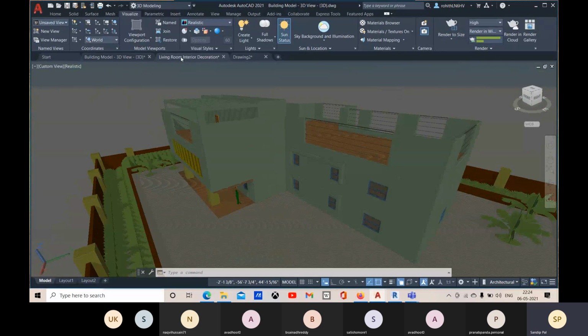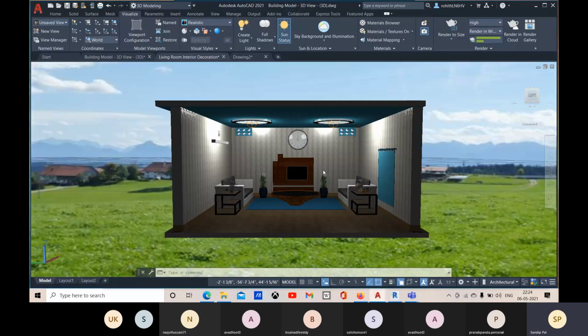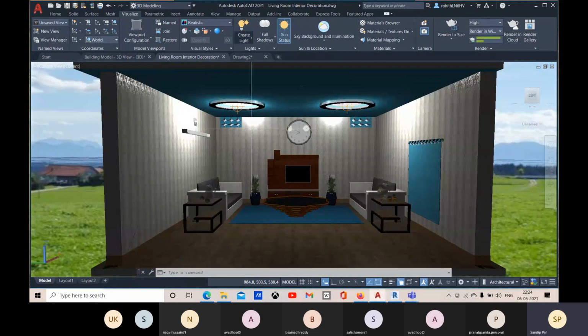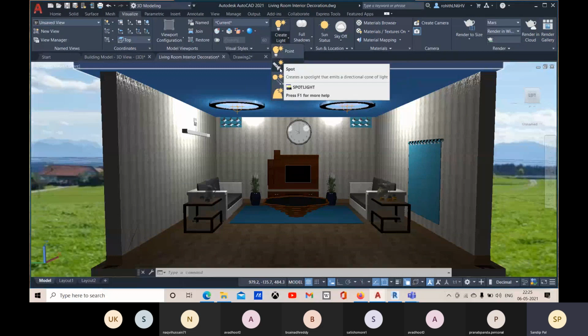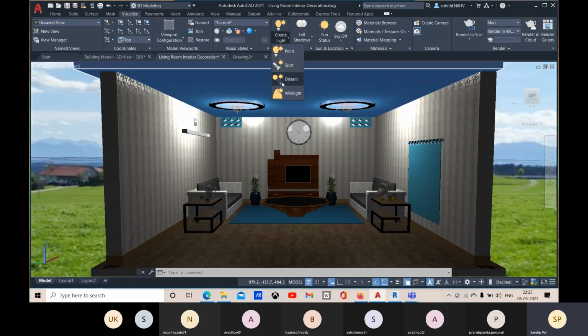Okay, now let me come to your interior model. So for your interior model, you can place some lights. We have some different lights available here. Some point light, spotlight, distant light, and web lights are there. So you just have to place your point lights and spotlights there.